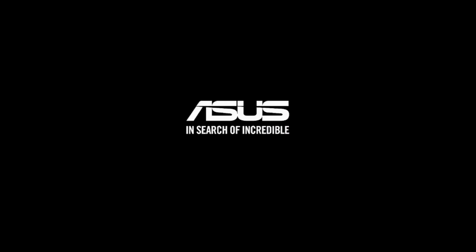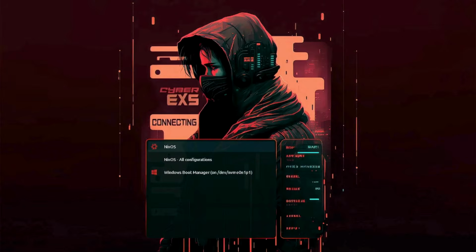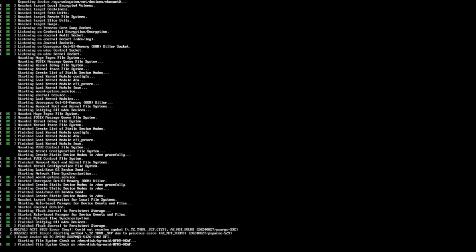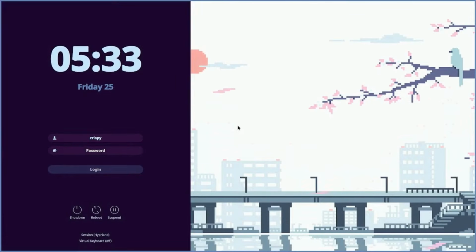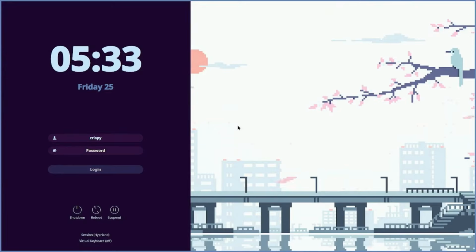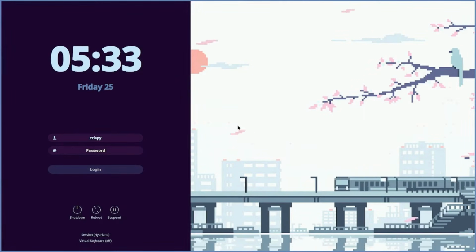As my system boots up here, let's talk about some of the things you can customize in Linux. This boot menu, completely customizable. You can pick this one or some other variation. There are tons of them. You can also customize your login screen. You can get something that looks like this or some other variation. Mine is using SDDM with a custom theme. And if I log in here